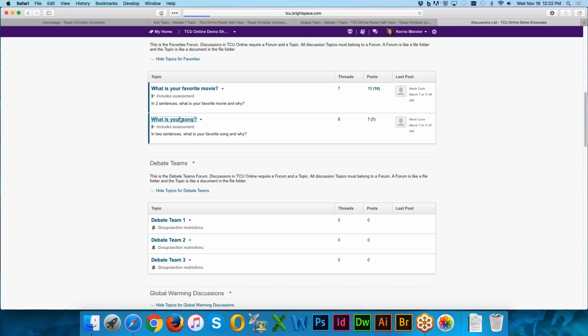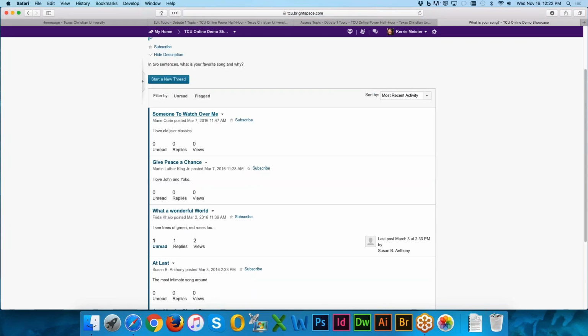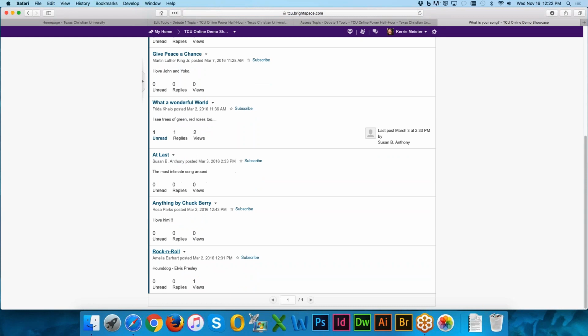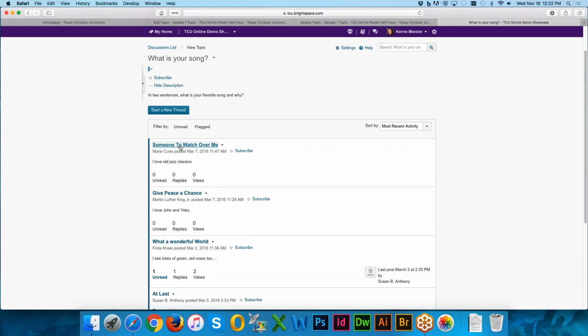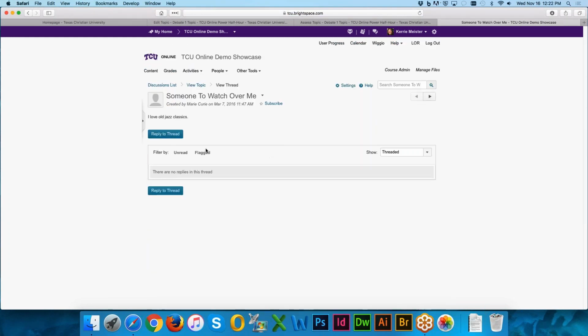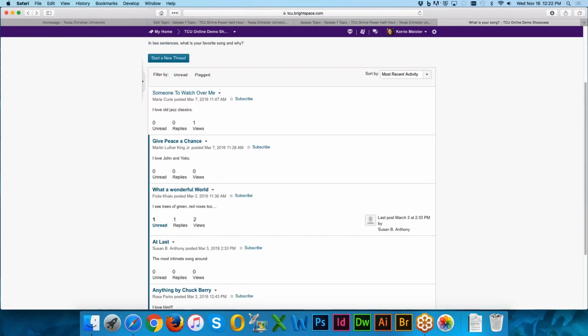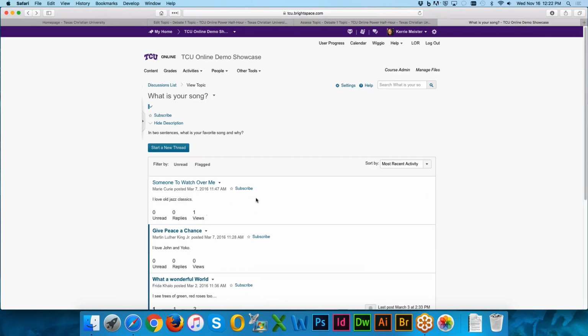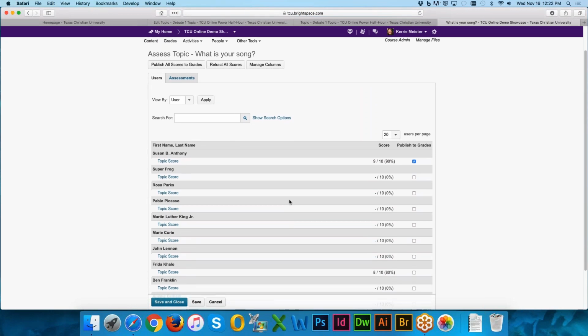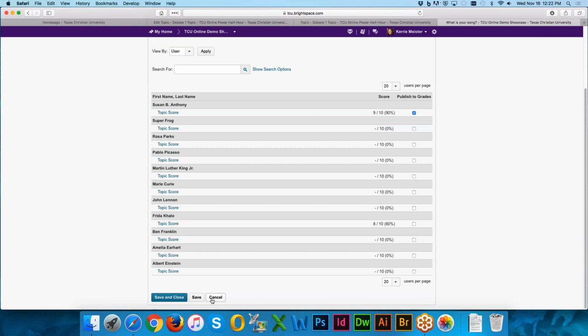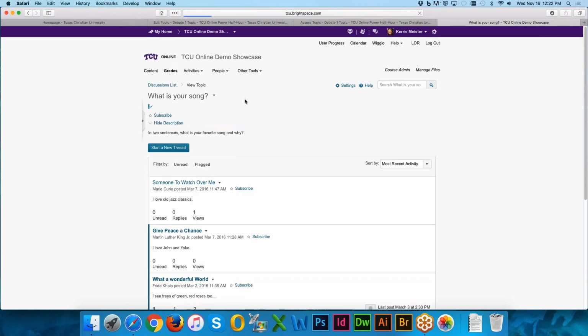If you wanted to see the actual responses, and this is your normal workflow where you want to read everything, you can go in and select each topic or thread and see what the response was and just skim through it. For each of these, you can go and assess it and it would pull it out of context. Basically, if you go this route or if you go to the gradebook,